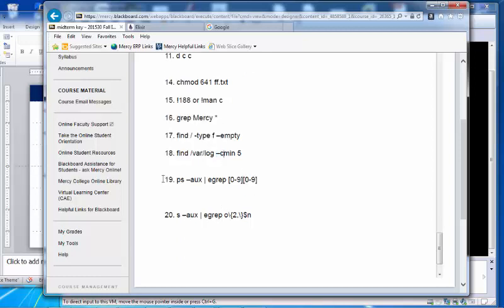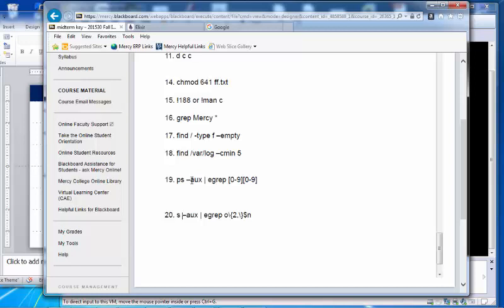Question numbers 19 and 20. For 19, ps minus aux lists all the processes. And then a pipeline.